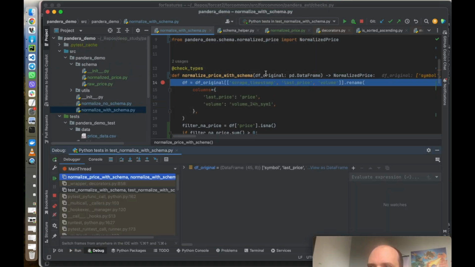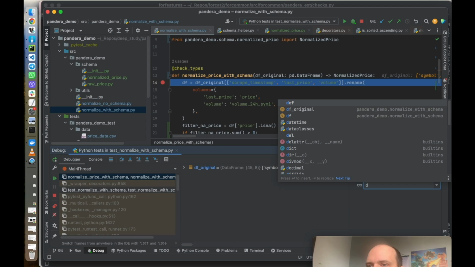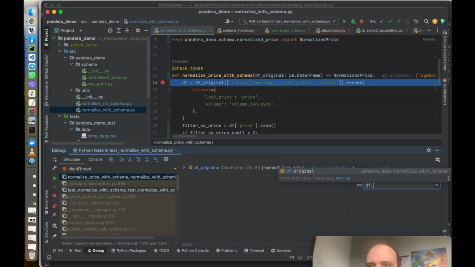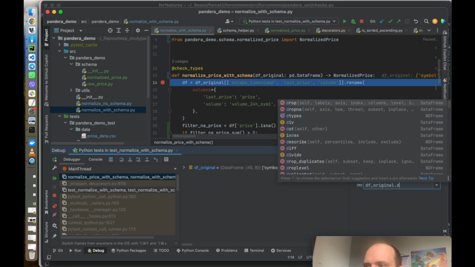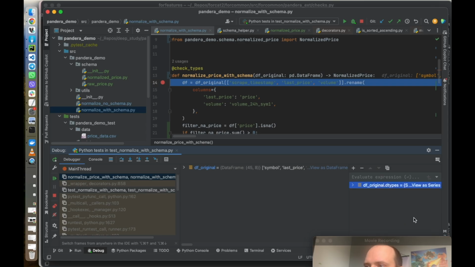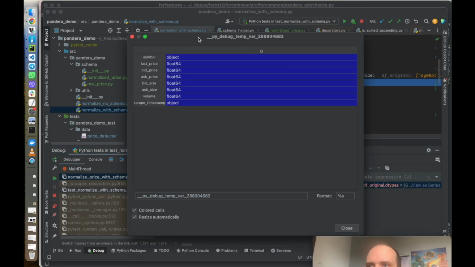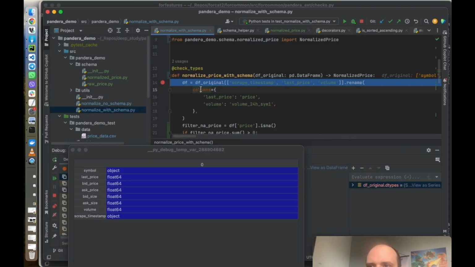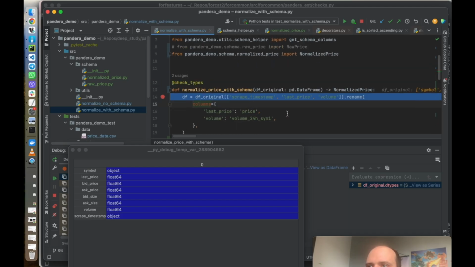And here I will have this data frame in variables, and what I can do is display its data types and show them as a series, right? So here I have them,